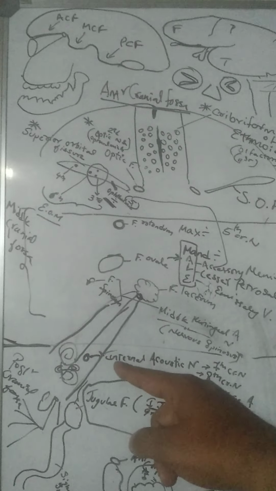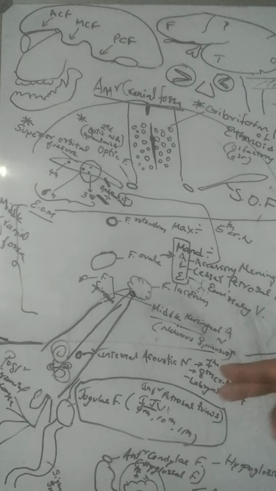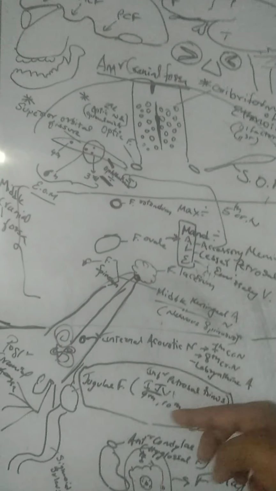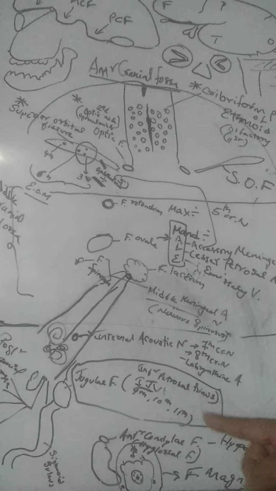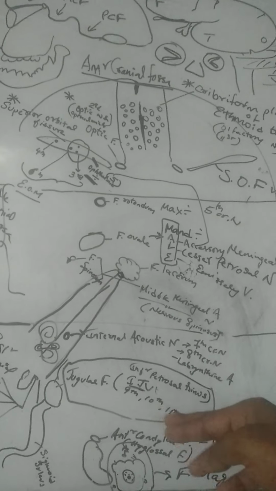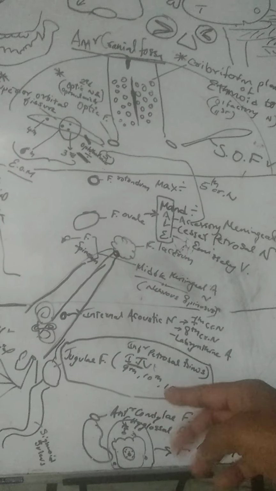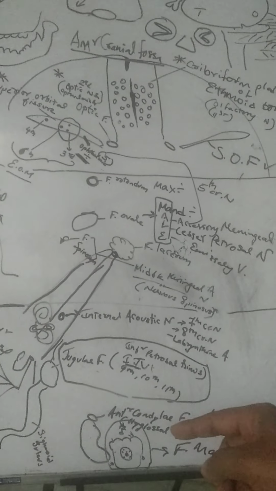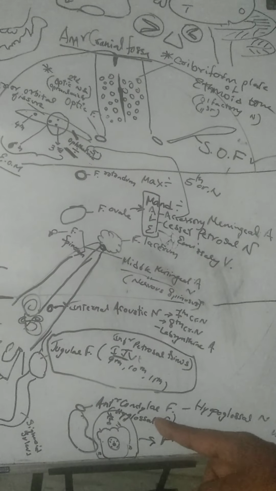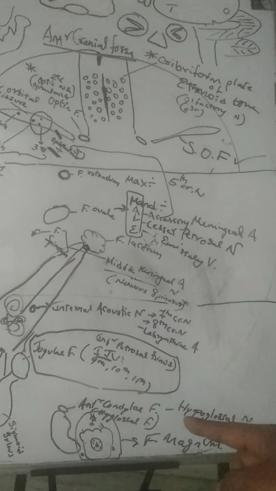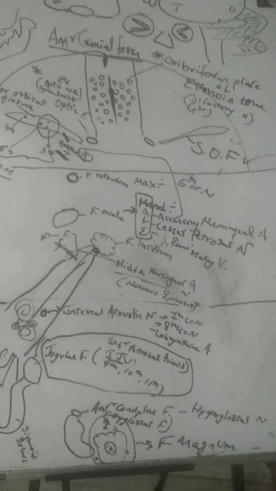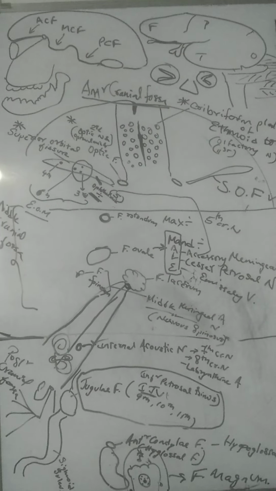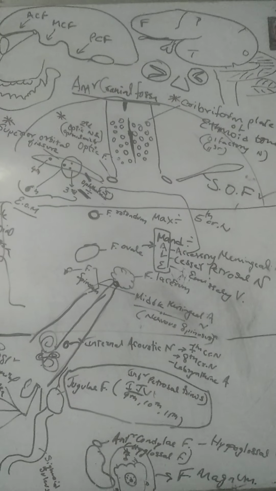We will see that here. Internal acoustic canal. Through this 7th and 8th cranial nerve passes. Facial and vestibulocochlear nerve will pass. Jugular foramen, 9, 10 and 11 will pass in the jugular foramen. 9th will go forward to supply the tongue. 10th descends down to supply GIT. 11th goes behind to supply sternocleidomastoid and trapezius. Anterior condylar foramen, hypoglossal nerve, the 12th cranial nerve will pass. Therefore, it's also called as hypoglossal canal. So this is first to 12th cranial nerve passing through different foramens through cranial cavity.